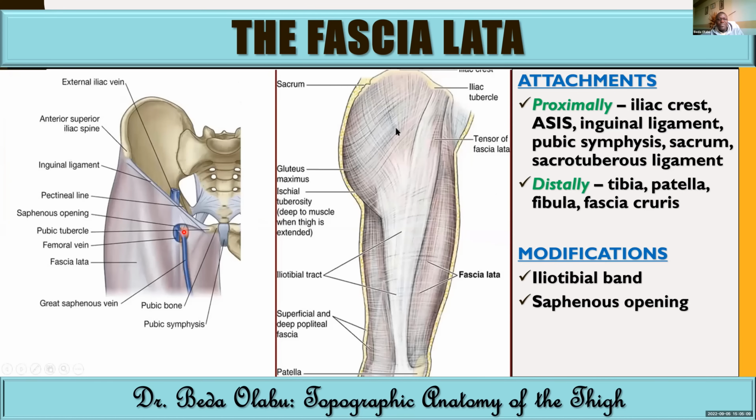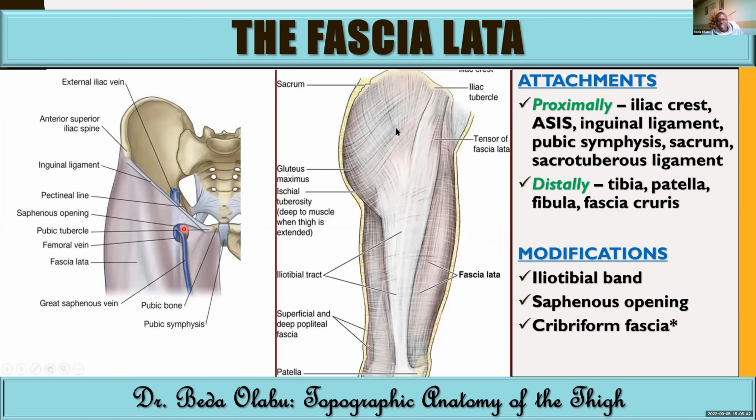Apart from that, the efferent lymphatic vessels, which come from the superficial inguinal lymph nodes, pass through this region to enter the deep inguinal lymph nodes, which are now deep to the fascia lata. So there are efferent lymphatics from the superficial inguinal lymph nodes, which are definitely afferent lymphatics to the deep inguinal lymph nodes. They pass through this opening as well. Having said so,